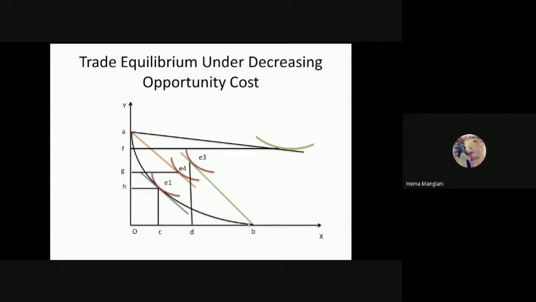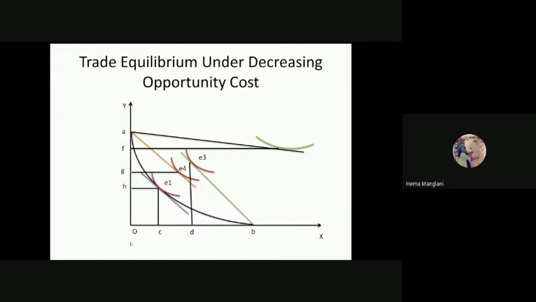The average bundle of the two extremes, we always desire this because of monotonic transformation. We always desire more of these two goods. So that is the nature of convexity. Now, along with that, there is another feature of convexity that we follow here: the marginal rate of substitution, which is actually a declining slope. So it means MRS is higher at the A position and lower at this B position. If MRS is declining, that's why opportunity cost is decreasing.